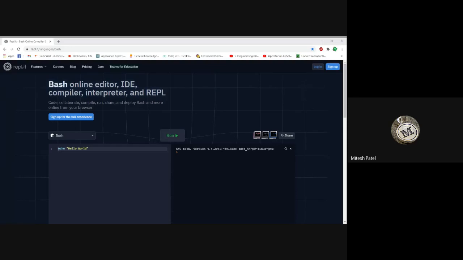Write a shell script to find the maximum number out of three numbers. We have done it for two numbers, but you need to do it for three numbers.